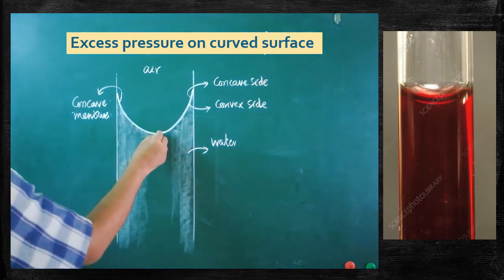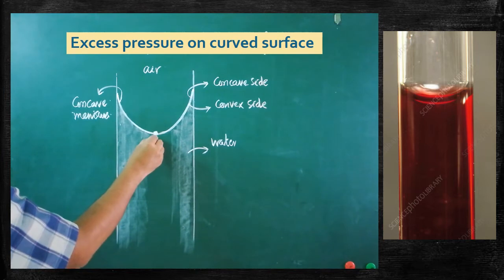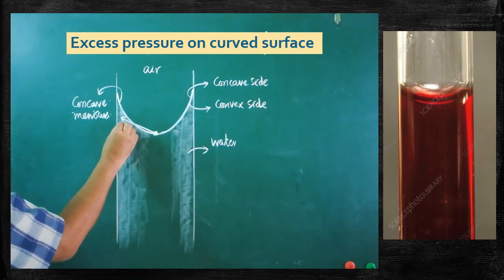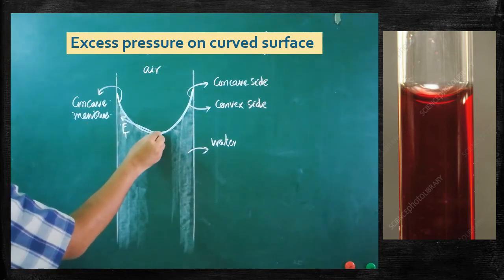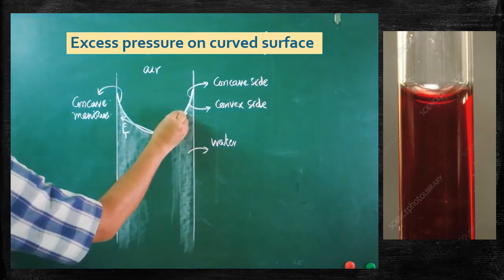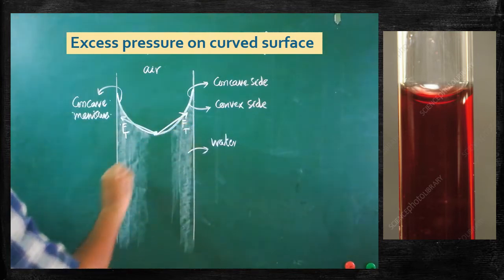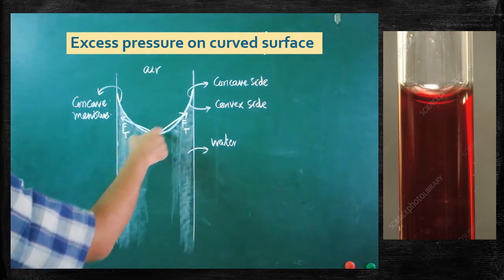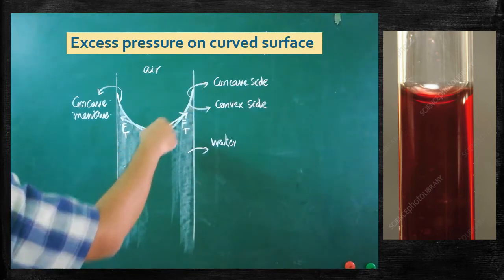Before going to see that, you have to imagine a molecule on the surface. Here the force is acting in this direction. This is the force due to surface tension. Tangentially that force will act. Another force due to surface tension can be taken in this direction. This is also called Ft. What is Ft? Force due to surface tension. Both the two forces are acting in this tangential direction.